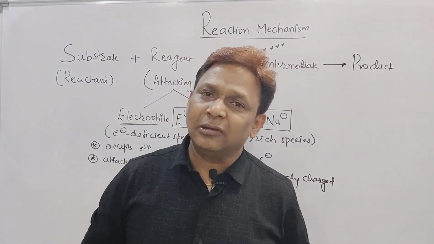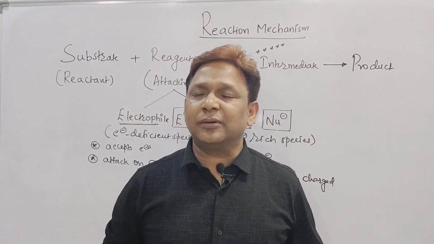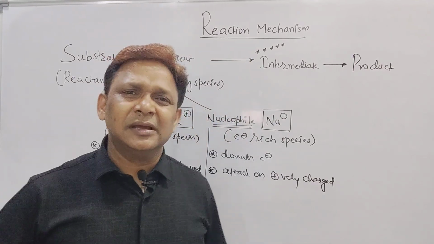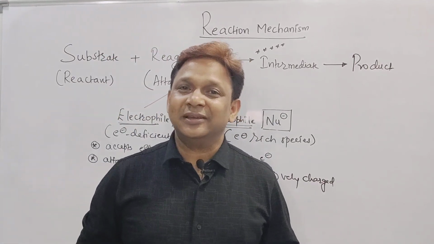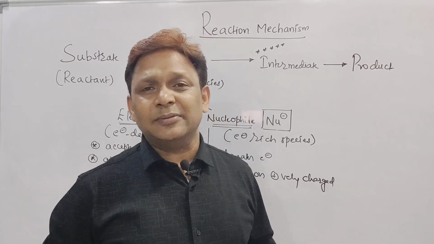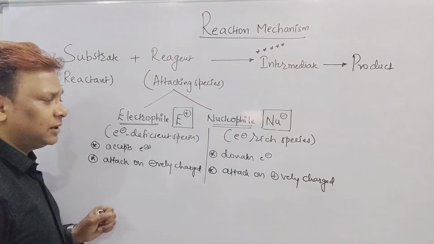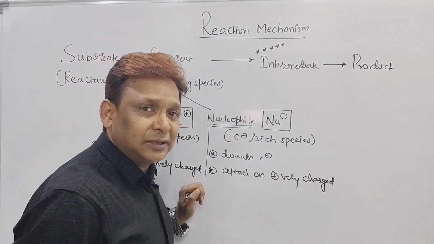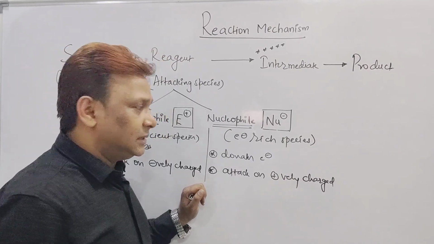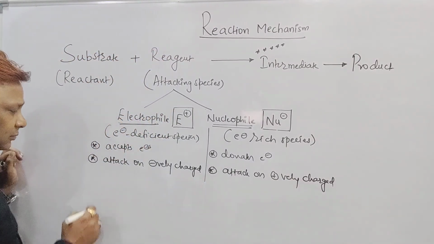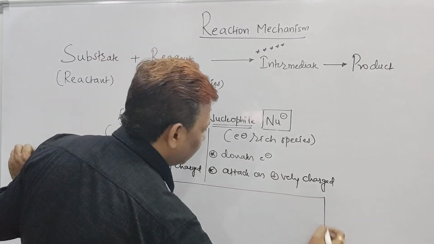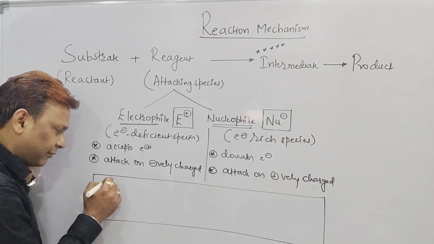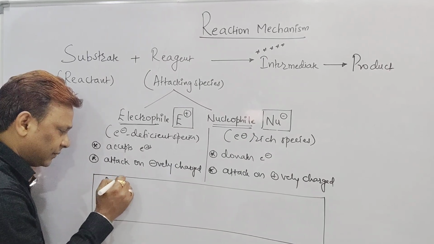Even when we did ionic equilibrium, there we have seen the types of acid base theory. There we have learned about acids and bases. There we have seen Lewis acids and Lewis bases, and the types of Lewis acids and types of Lewis bases. Now this is not the question, beta. In organic they will ask you what is meant by nucleophile, and what is nucleophilicity, and what is basicity. See, beta, this is a small concept I want to discuss with you. Basicity means what and nucleophilicity means what. Please everyone listen here.